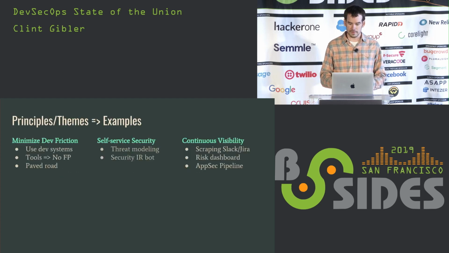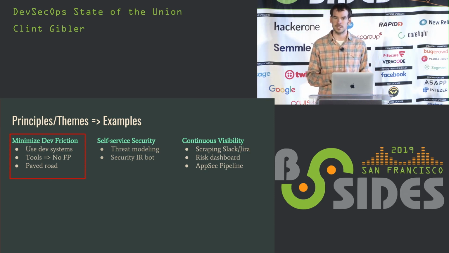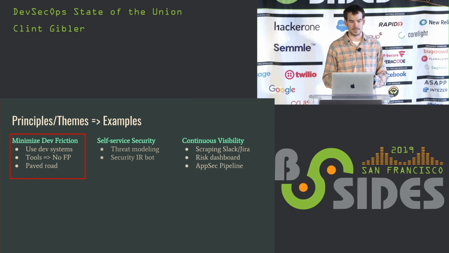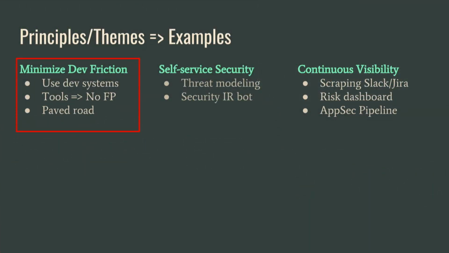OK. So first, let's talk just very quickly about minimizing developer friction. This is something pretty much every DevSecOps talk mentions a little bit. Some examples of this are, rather than having a separate security tool system and making developers go to that, instead integrate as much as you can into the developer workflow. So perhaps creating security issues as Jira tickets, or just streamlining everything as much as possible. If you are using tools and you're trying to push results directly to developers, ideally these are almost always true positives, because once it gets even above like 5% or so, you start losing developer trust.